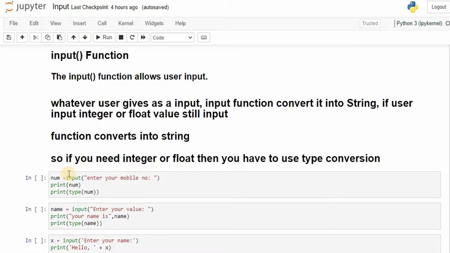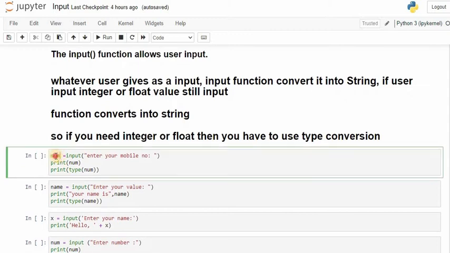So if you need an integer or float, then you have to use the type function. See here, I have created a variable name and I have used the input function here. So name is equal to input. Now I'm going to print this message on the screen, and also I am checking the type of this input. So if I run it,